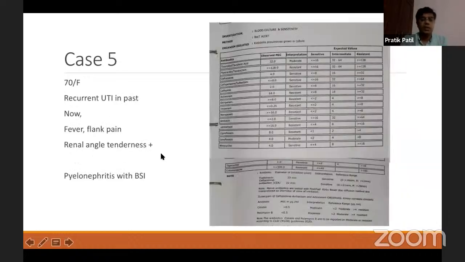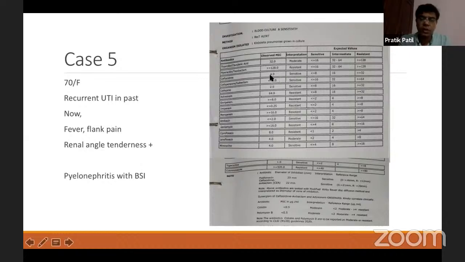Next case, it's a 70-year-old female, recurrent UTI in the past, now presents with fever, flank pain. She has renal angle tenderness. So clinically, she has pyelonephritis, and she has the risk of resistant infections, probably because she has been exposed to antibiotics in the past. As you can see, a couple of days later, the blood culture grew Klebsiella pneumoniae, and as you can see here, it is